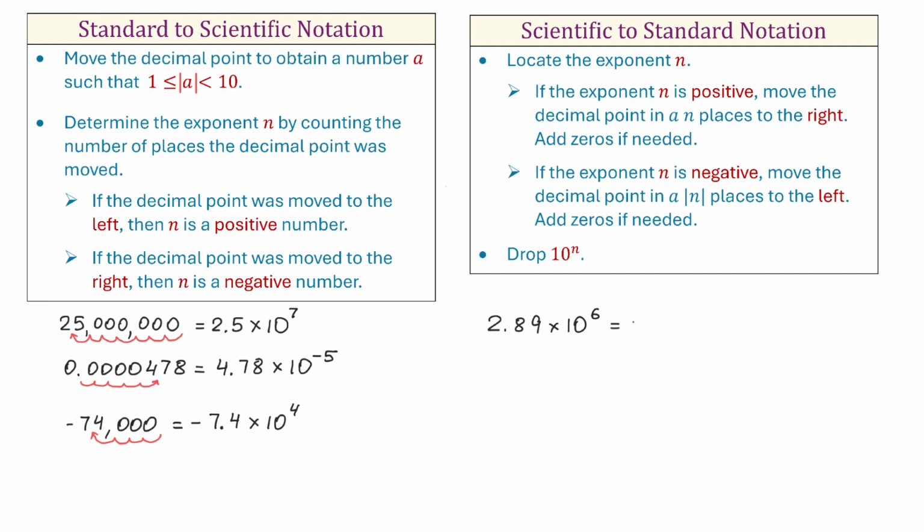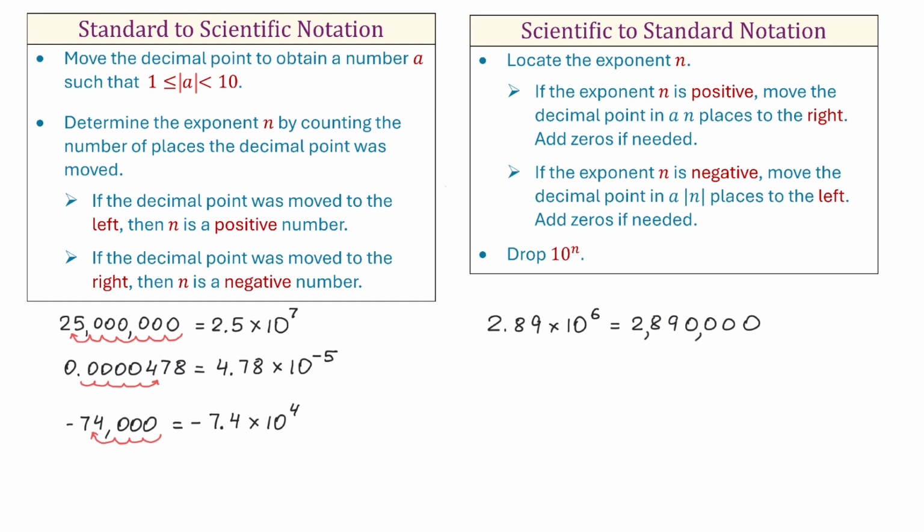So we have 2, 8, 9, and we will add 4 more zeros. So the decimal point was between 2 and 8, and we moved it 1, 2, 3, 4, 5, 6 places to the right. And now 10 to the 6th power is gone, and we have the number